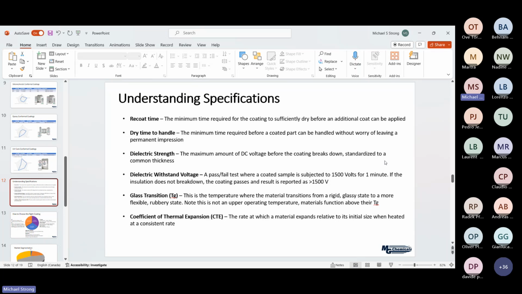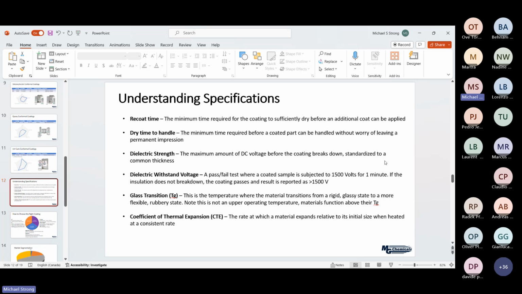We could say that our coating has good thermal cycling capabilities, but that may be a thermal cycle that we ran that's a little different from what the customer is looking for. So in that situation, they would have to validate it themselves, but we could certainly make a recommendation based on their requirements. I just want to go through some of the specifications so we understand what they mean exactly